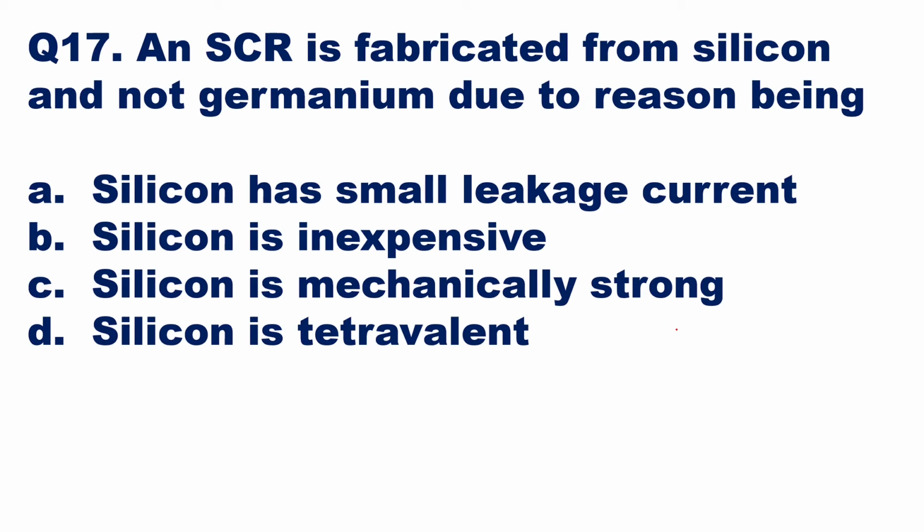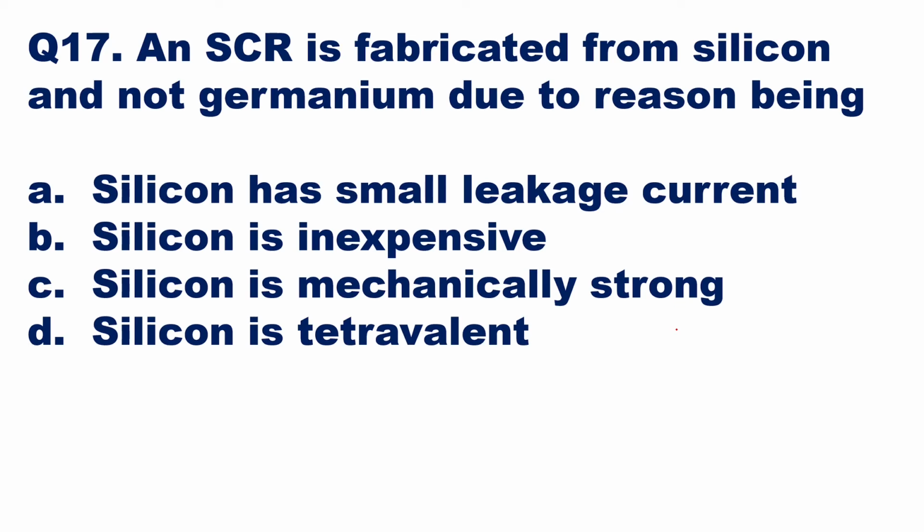Okay, so as compared to germanium, in silicon the minority charge carriers, from the breaking of covalent bonds, are fewer, on the basis of temperature. If the temperature increases, silicon as compared to germanium will have a smaller number of minority charge carriers, and therefore we say that it has small leakage current. So the small leakage current is an important factor of silicon, which makes it useful to make an SCR. That is why silicon is used in the making of SCR.